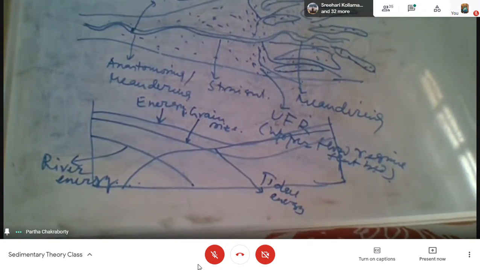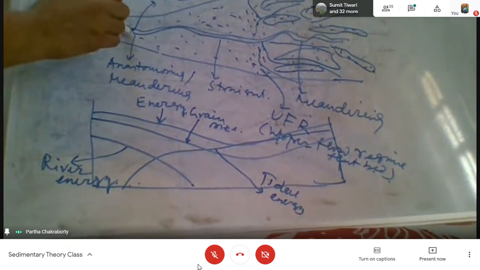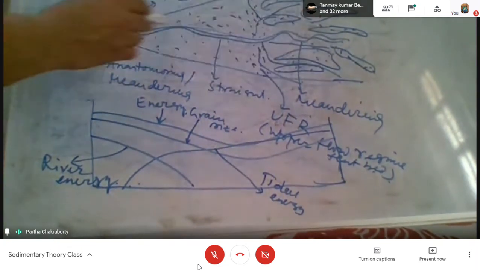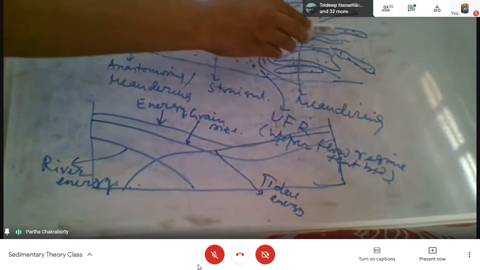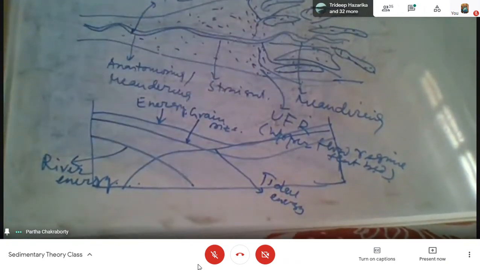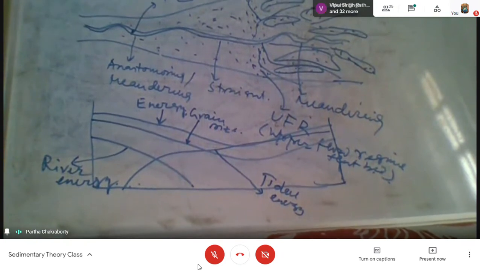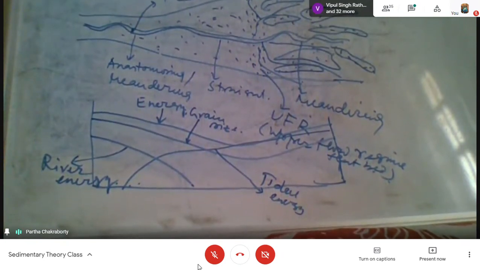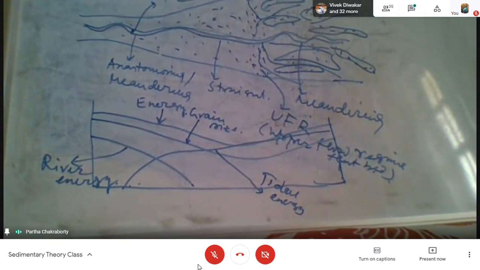Now, this is the tidal limit. That means the tide can operate maximum up to this point within this river system. So in this entire part, the tide will go on reworking the sediment. Another important feature, as I told, is that in the case of the Ganges, the tide every day reworks up to even Patna. It cannot go